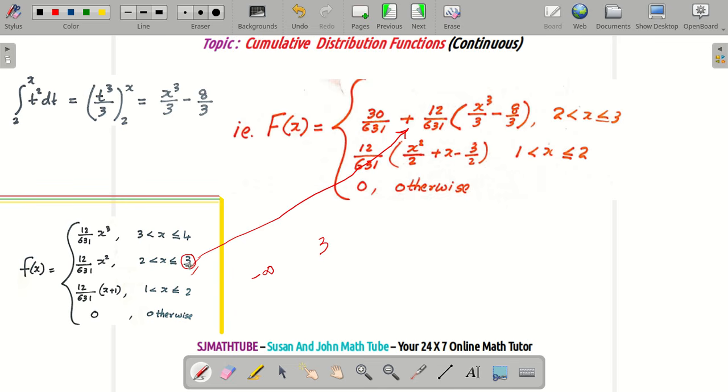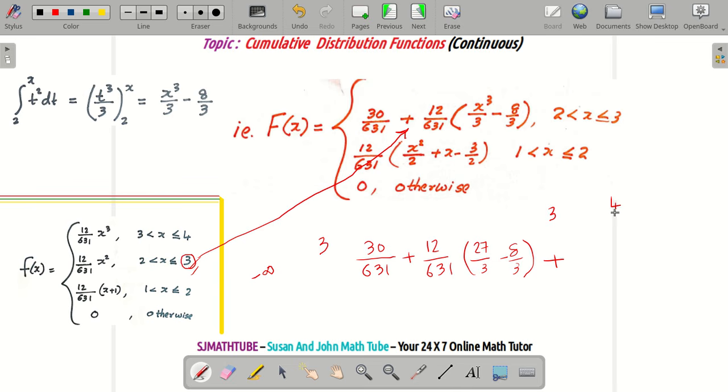I'm going to plug in the end of this interval in this function so that I get the sum of all the probabilities from minus infinity to 3, and that will be 30 by 631 plus 12 by 631 into 27 by 3 minus 8 by 3 plus,